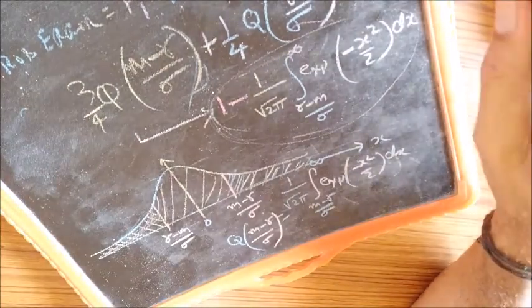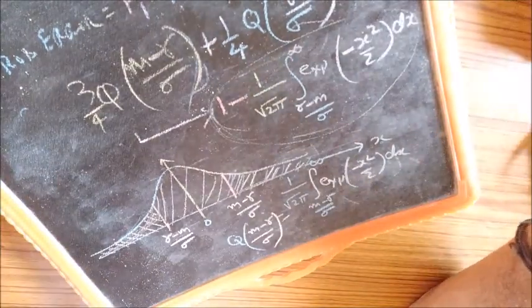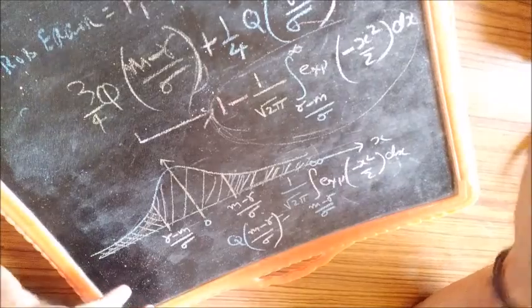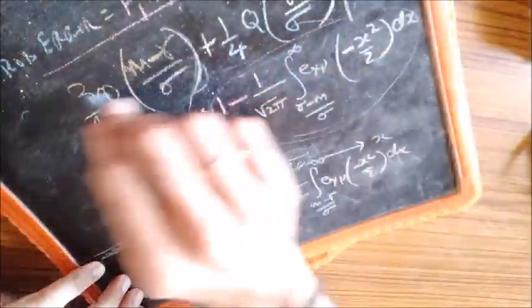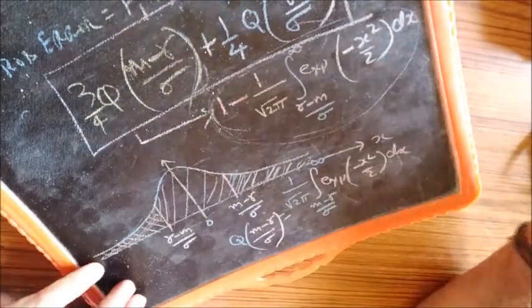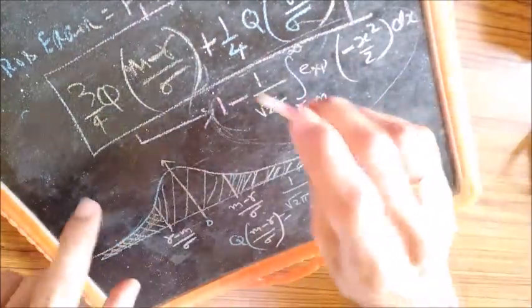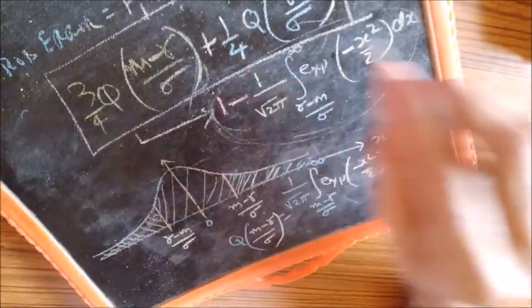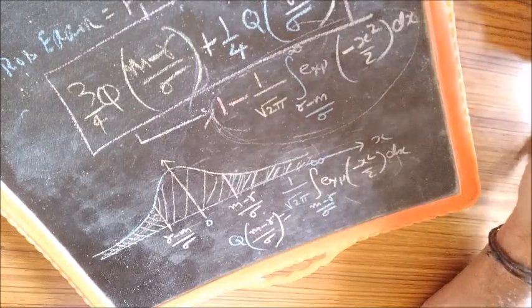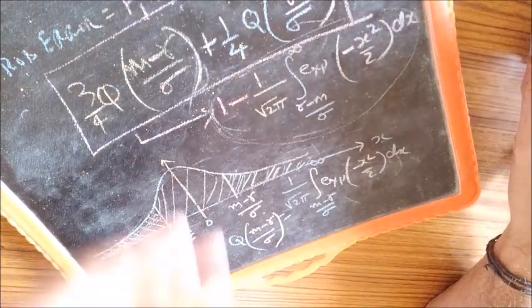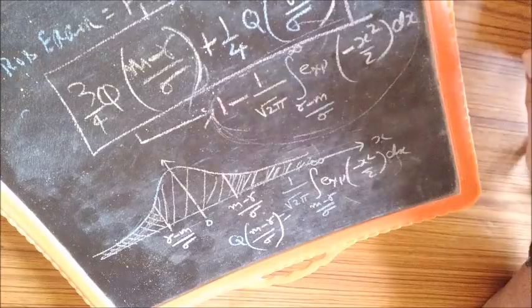So this is the answer to the second part, part B of the question, which is to find the probability of error. The probability of error is this when P0 is 1 by 4. If P0 was 1 by 2, you would have had a 1 by 2 here and a 1 by 2 here. Anyhow, that's a more general thing. So for the given data, this is the answer.